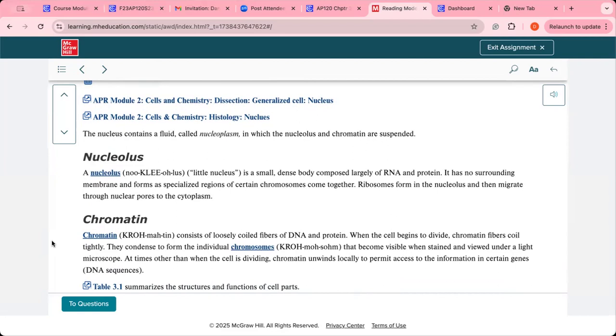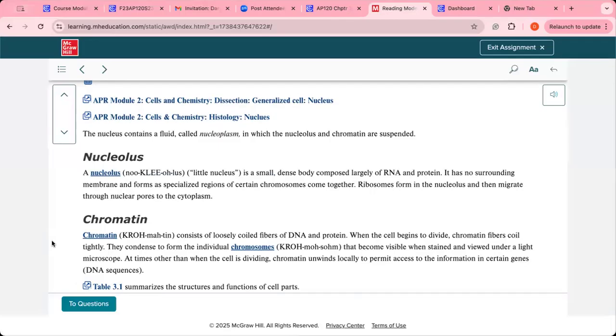When the cell begins to divide, chromatin fibers coil tightly. They condense to form chromosomes. That's when the cell divides. But before they divide,